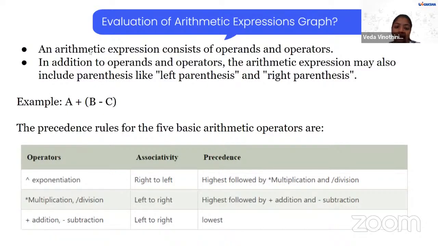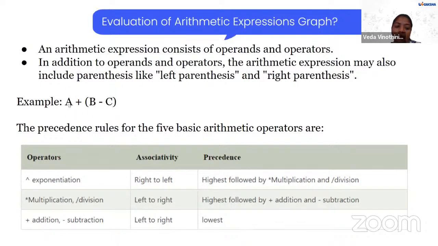So an arithmetic expression consists of operands and operators. So first of all, before starting this, you should have a basic understanding of what operands are and what operators are. Okay, so first let's see this: a plus, an open parenthesis, and then a closing parenthesis, like b minus c, right?